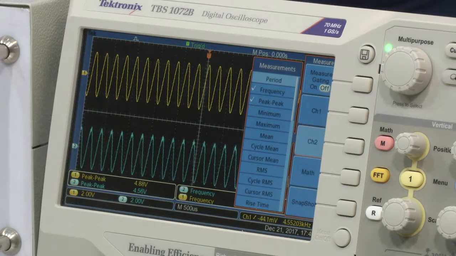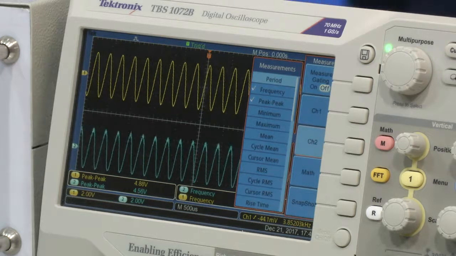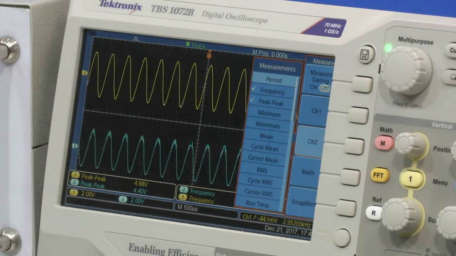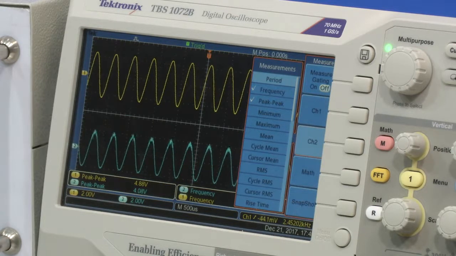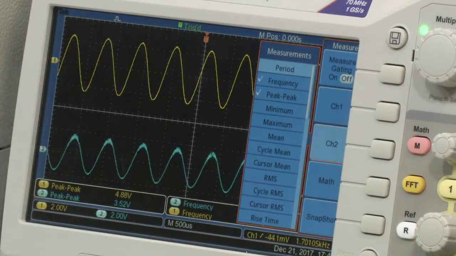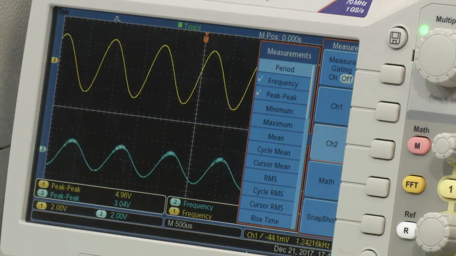Now we are decreasing the frequency, and you see that when we decrease the frequency, you concentrate on your peak to peak voltage. Decrease it further, and you see now suddenly that the voltage has also started decreasing. Now we go down all the way to